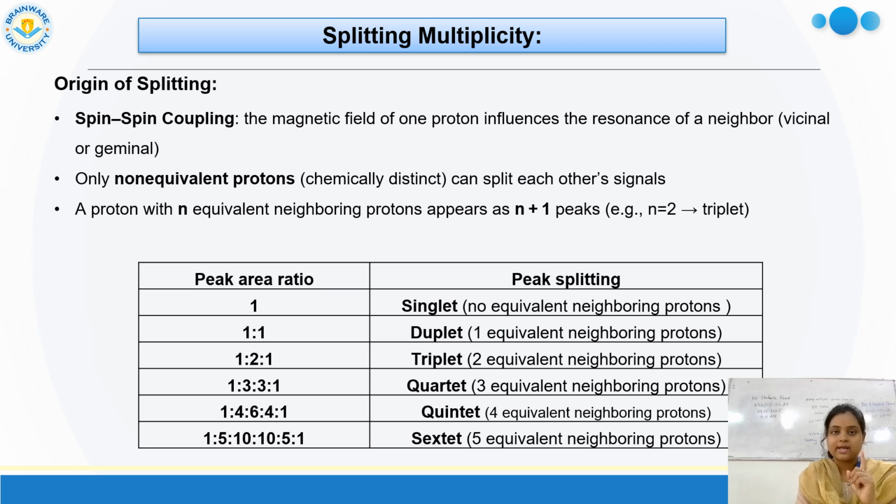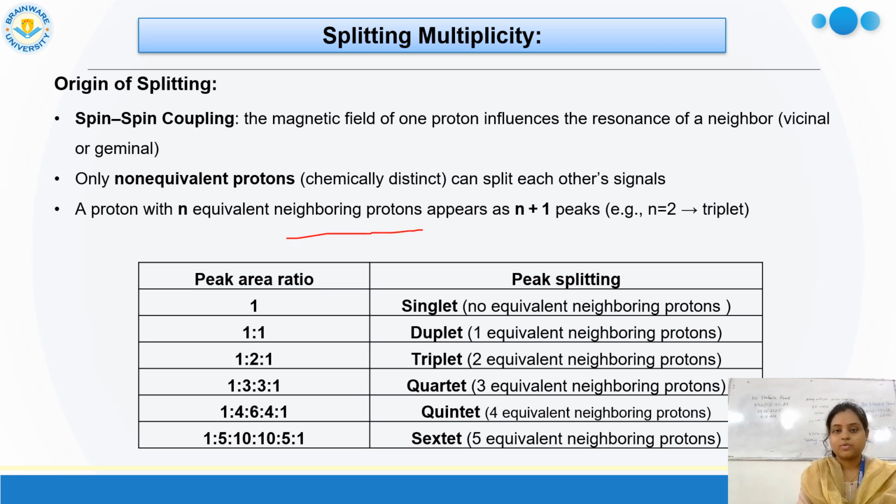Some signals show one single line, some show two lines, some show three lines. How this splitting occurs depends on the splitting multiplicity, and actually it depends on the neighboring